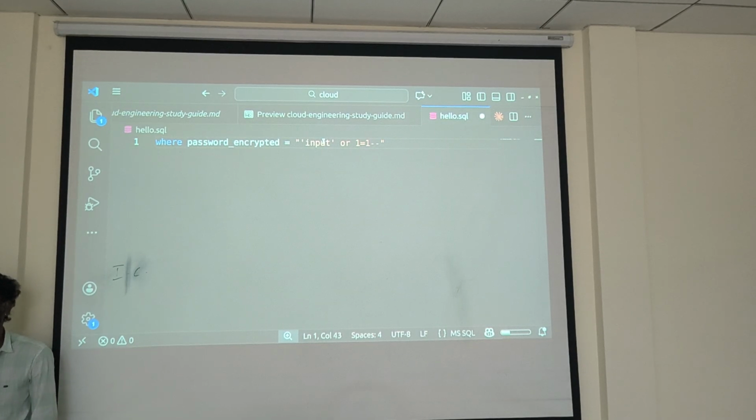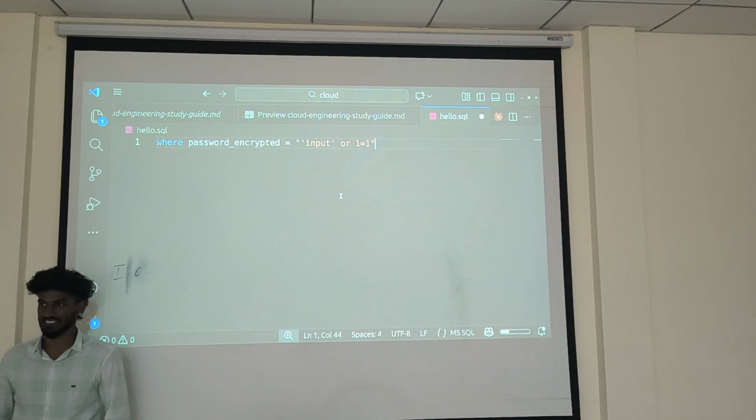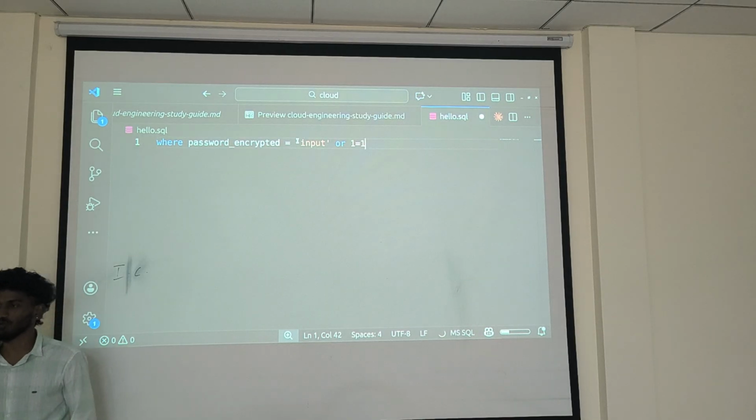Take it as a one. While you are running the ORM, it won't take it as an entire single string. So how is it going to be considered this time? They can pass it like this. Then is my condition true or false? Then definitely I can breach the password.